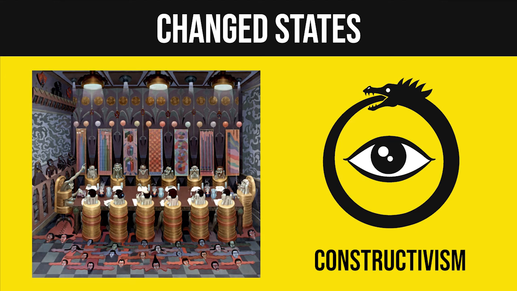Now, it doesn't mean to say that realism and liberalism are incorrect in making these assumptions, but a constructivist would argue that these ideas in realism and liberalism were constructed as a way of tackling the needs of the international systems that birthed those ideas. That is a terrifying and a beautiful idea at the same time. On one hand, it means there's something that's inherently untrue about the principles of those theories. On the other hand, it means a new set of circumstances or a new way of perceiving oneself as a person or a nation or an international body could lead to a different way of doing things and possibly a